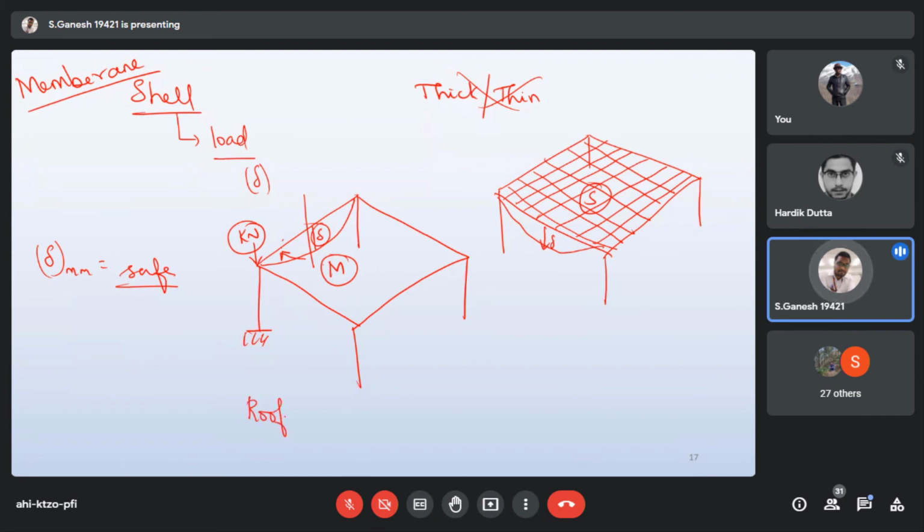Roof slab will distribute load to beam, beam will distribute the load to column, column will distribute to the foundation. This is a very common principle which we have studied. But when you talk about shell, it's a kind of shear wall or retaining wall or membrane or a kind of